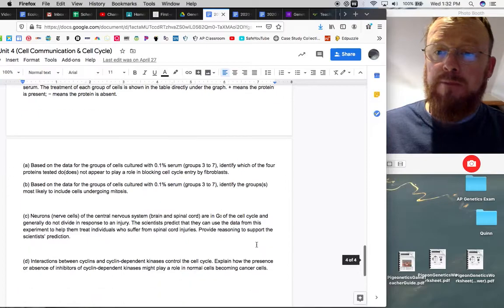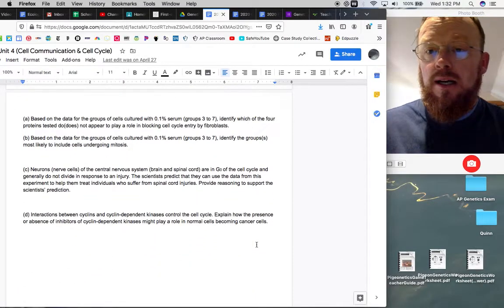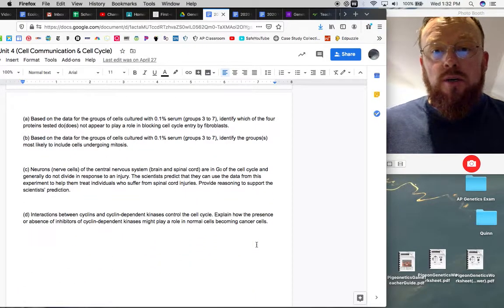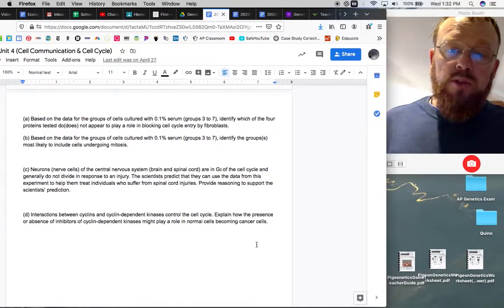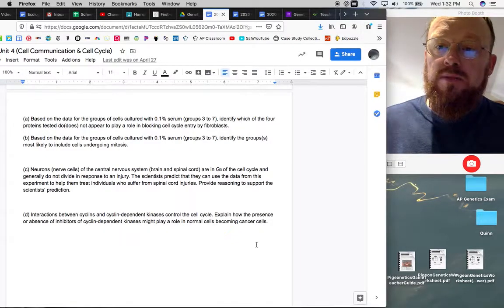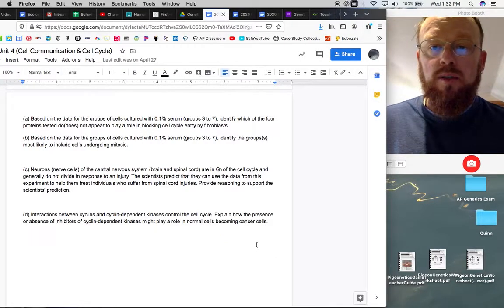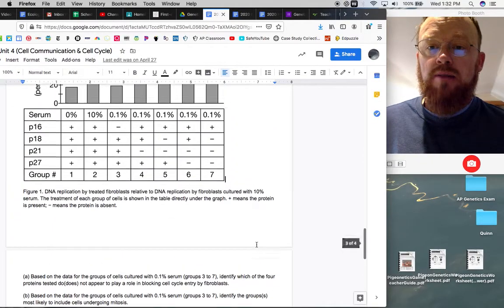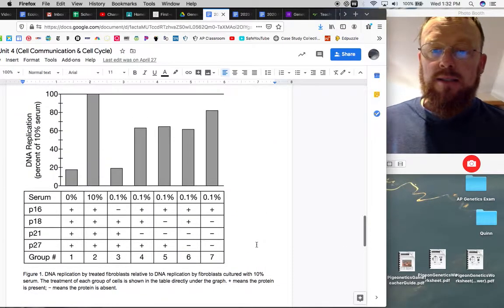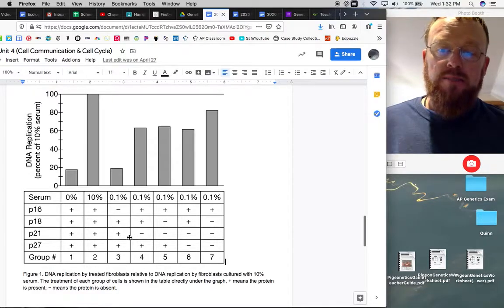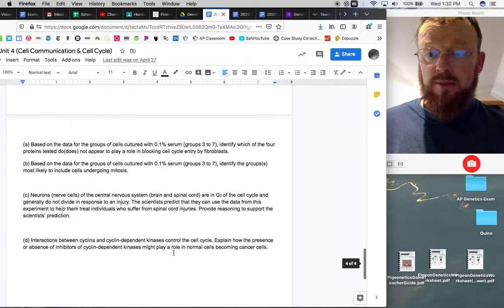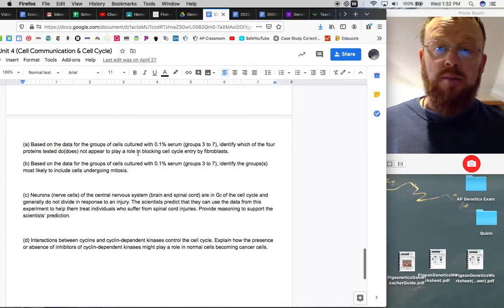Let's look at part A, which says, based on the data, for the groups cultured with 0.1% serum, those are groups 3 through 7, identify which of the 4 proteins tested do or does not appear to play a role in blocking the cell cycle entry by fibroblasts. Okay, so positive means the protein is there, negative means it's not there. And I think it's pretty clear that protein 16 does not play a role in blocking